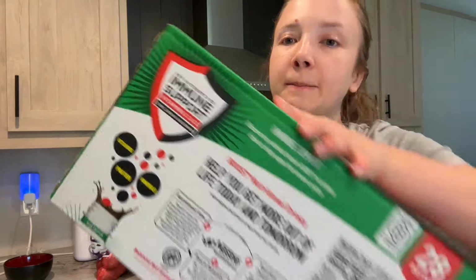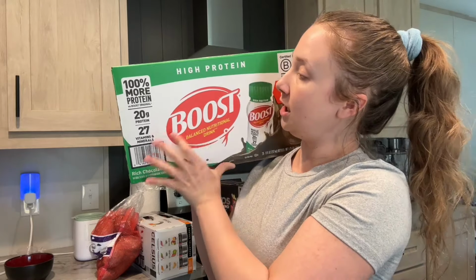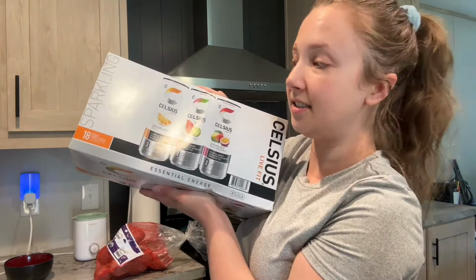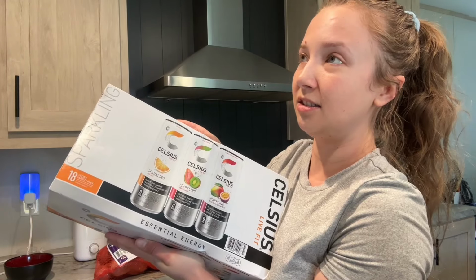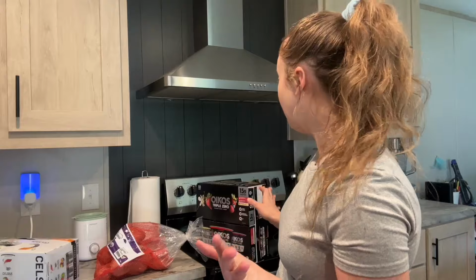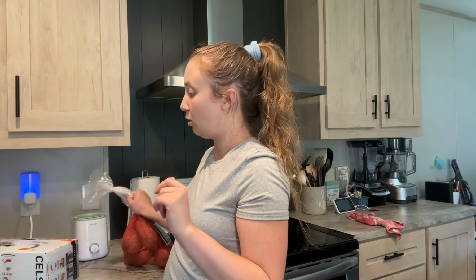But these are the protein shakes that we've been drinking every day. They're the Boost high protein drinks. This is a 28 pack. And then, of course, we got the Celsius 18 pack. This was a really good deal. It was 18 Celsiuses for like $17.98. So they were basically a little less than $1 per can, which is, I mean, that's a good deal. I ain't complaining. And then we got a big pack of yogurts and sweet potatoes because I'm gonna make my dog some dog